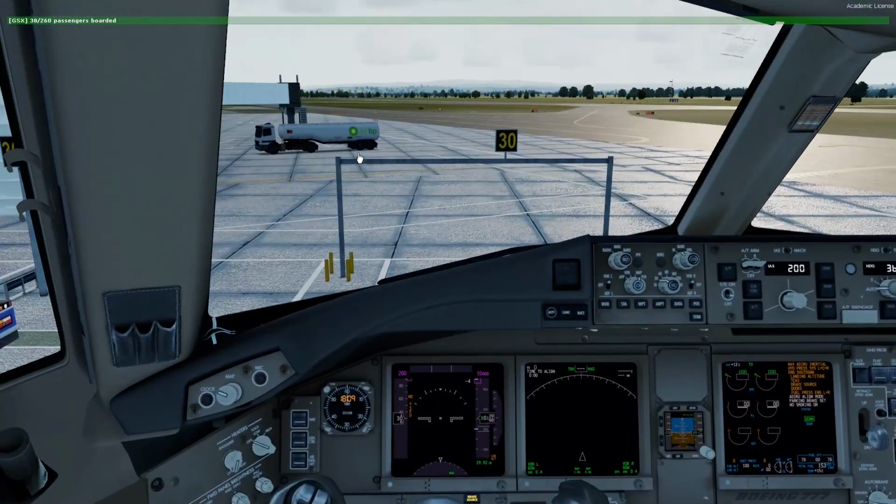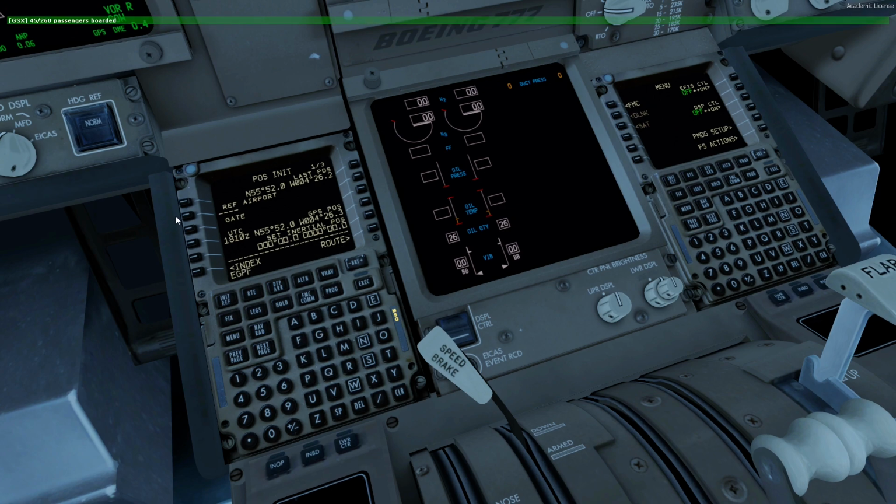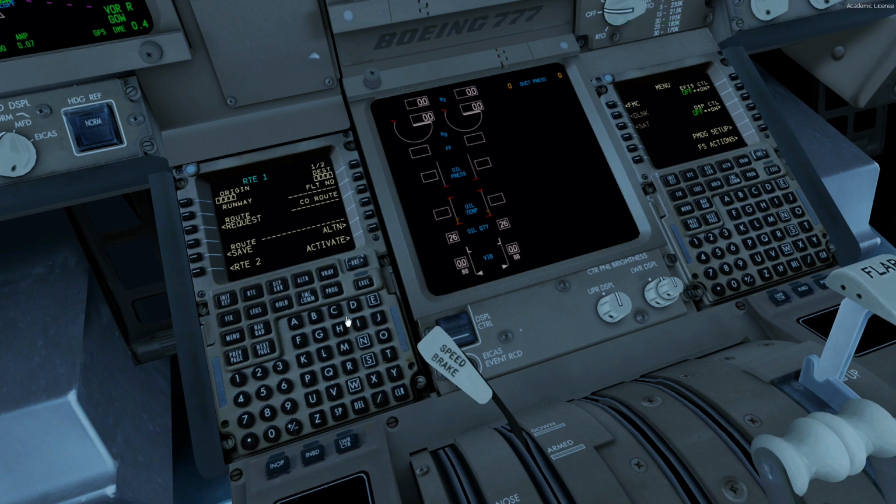Cool. So we'll go ahead, enter our FMC, we'll go pause it in. We're at Glasgow, so EGPF at gate 30, which probably won't accept it. It has accepted it, perfect. We'll pop our GPS position in, we'll go route. So we're doing EGPF